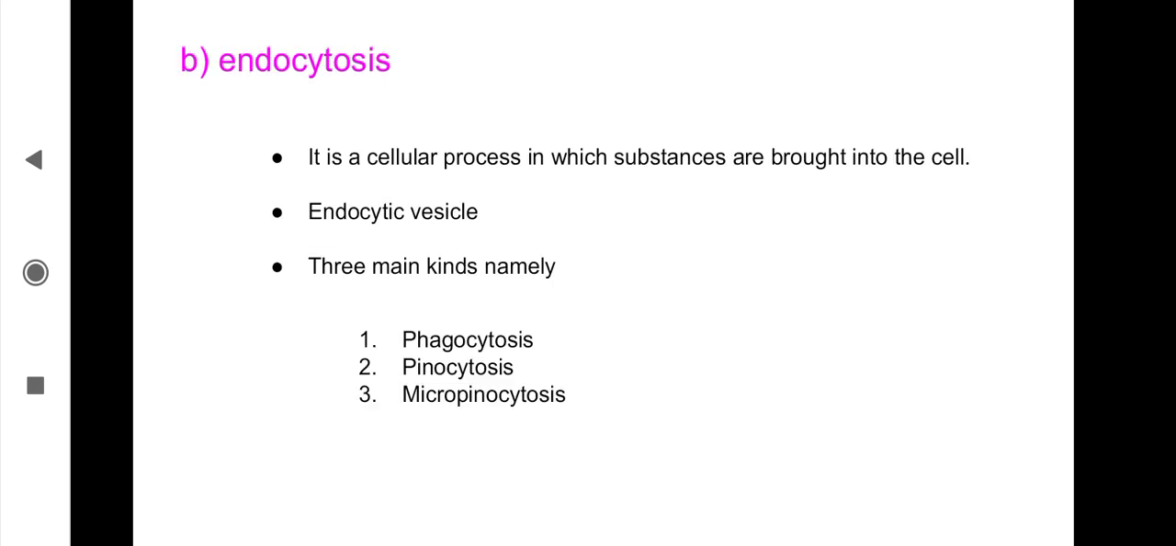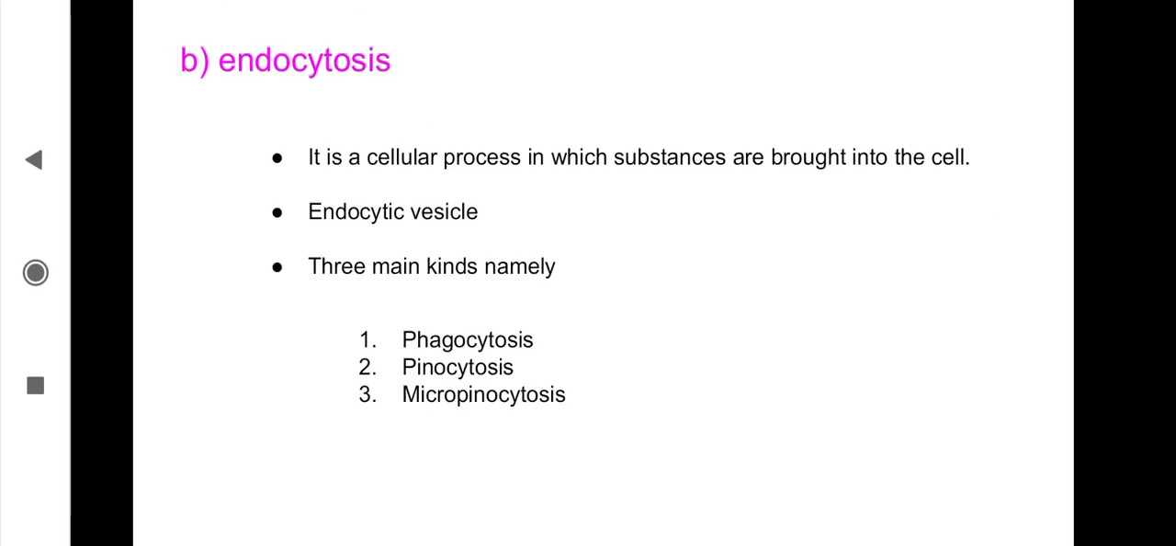Next, we discuss endocytosis. Endocytosis is the taking in of a large amount of useful substance into the cell from the extracellular medium. During this, the extracellular substances are first enclosed and then internalized by a portion of